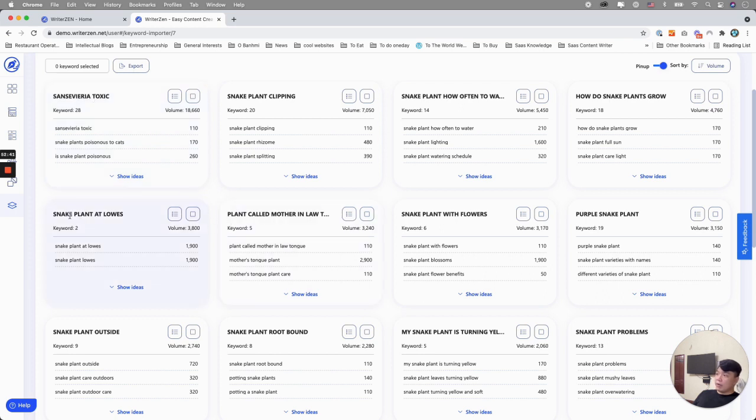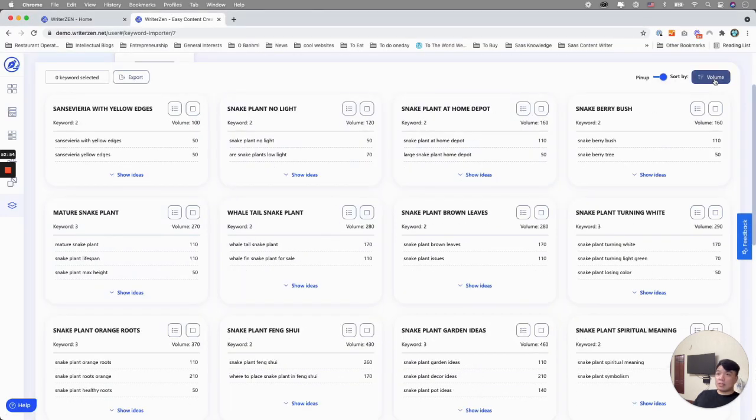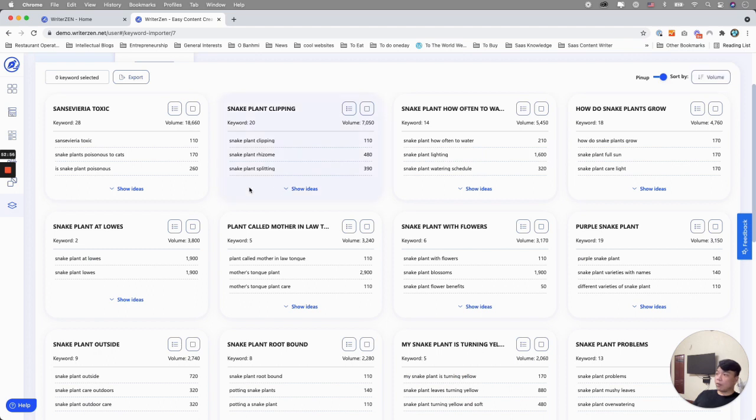Let's say we have this snake plants at low. Don't want that. You want to delete it out. So you can actually just highlight and take that out in the export list, right? And then you can look for keyword. First of all, this is to filter by volume. So then you will see some of the higher volume that would have a lot of keywords, like 28 keywords